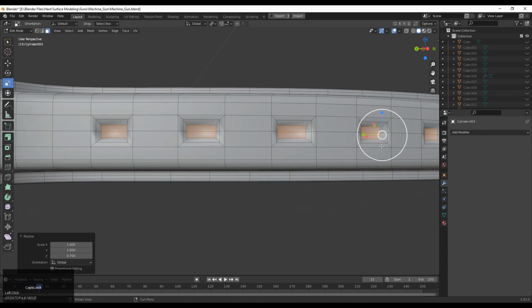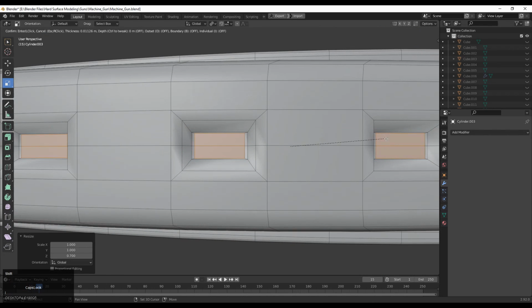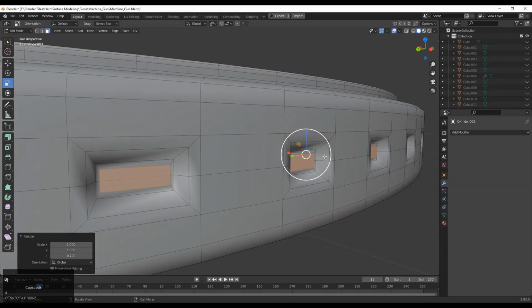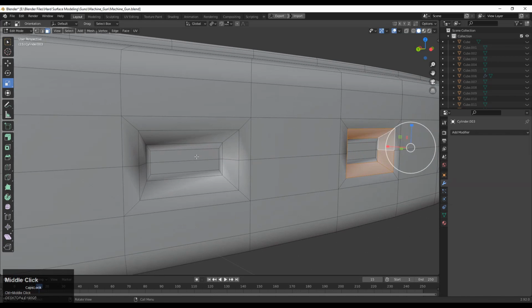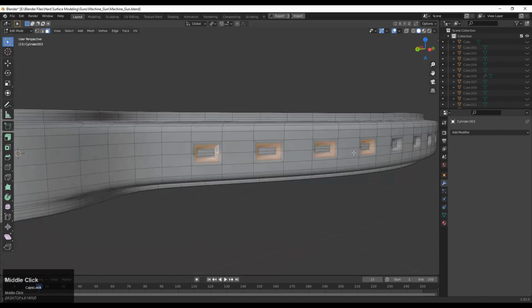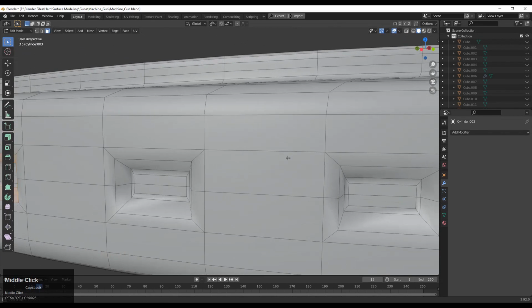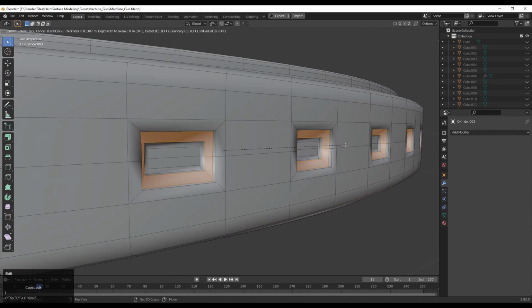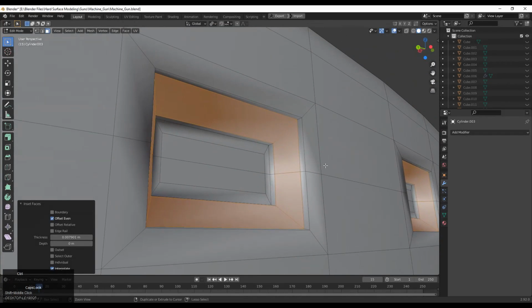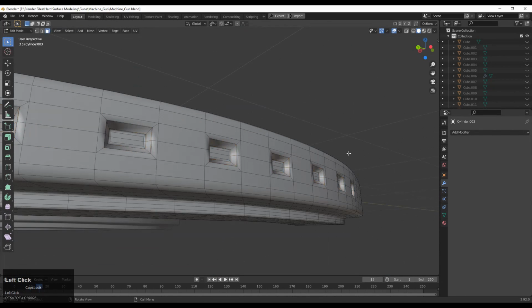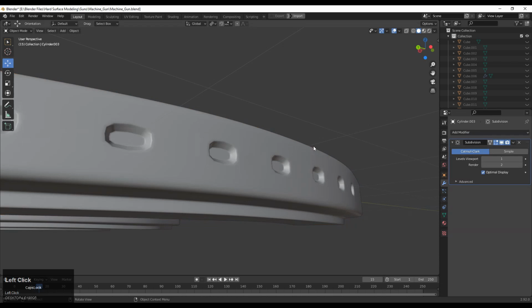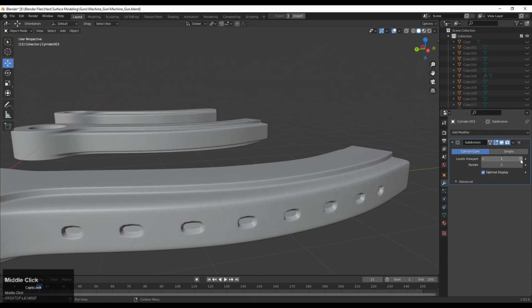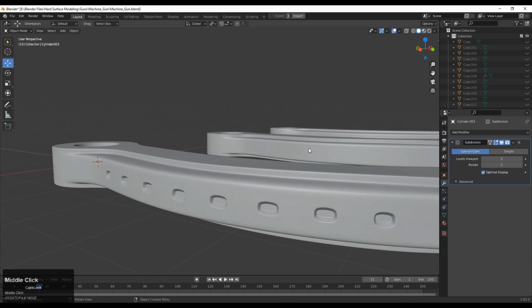Just extrude it a little bit inside, and then press I for the insert operation, adjust the scale, and then press I for the insert operation and scale it along the z axis. And now you can see that looks pretty well. And you can select this face loop, and you can add one more loop set there with the insert operation. But sometimes it doesn't look good, and sometimes it totally depends. You should try and then see if it looks good, then keep it as it is, otherwise you can remove it. So this looks good, but we need to increase the sub D count.